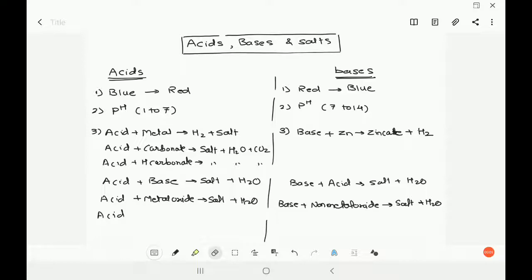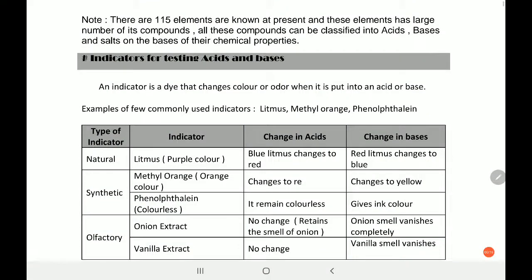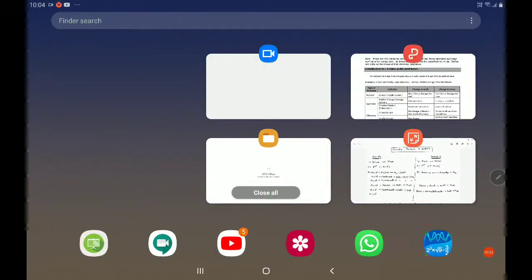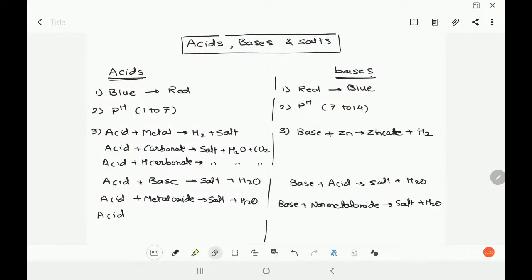I know looking at this particular screen, which has no handwriting, you must have got confused, but don't worry, we have a PDF as well. So we'll be discussing the PDF itself and working on it. Don't worry. The reason I've taken this particular sheet is that we will complete your acid and base in one go directly, so you get a complete idea of what exactly we are going to learn in this topic.